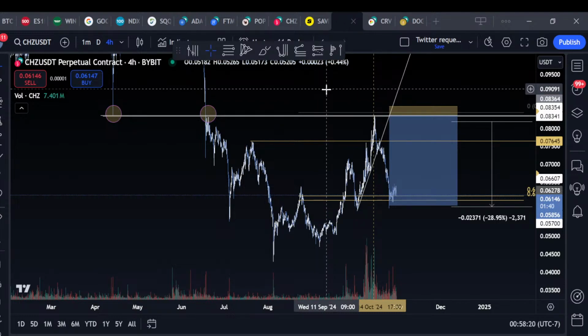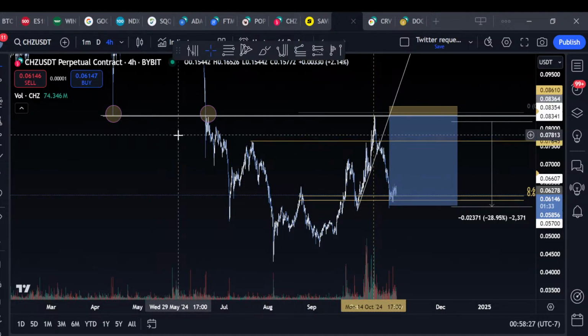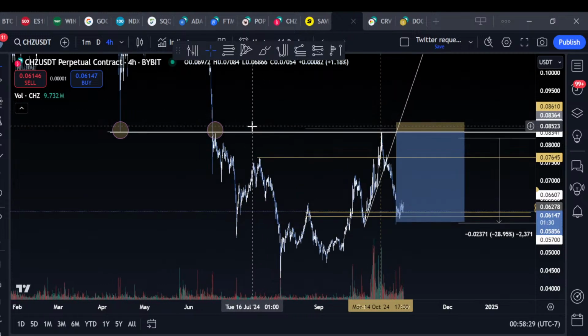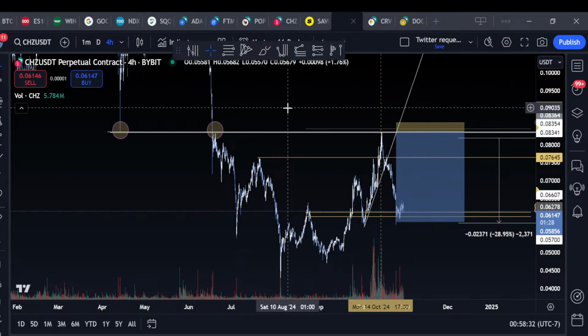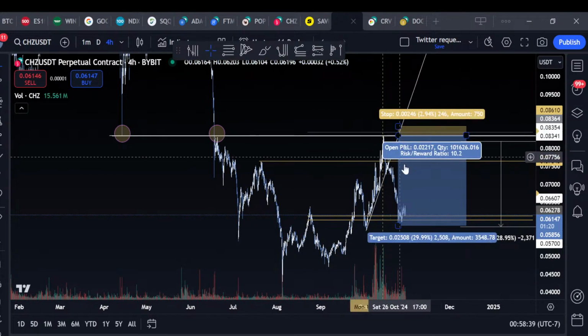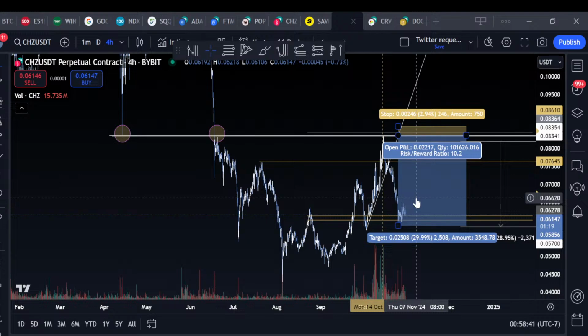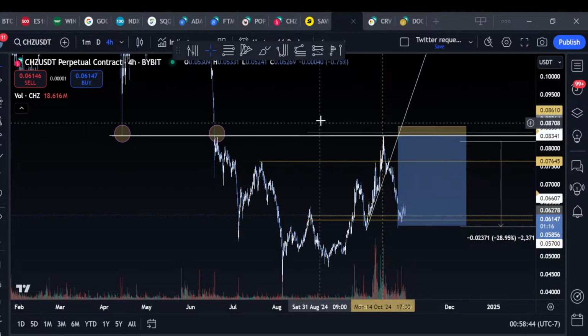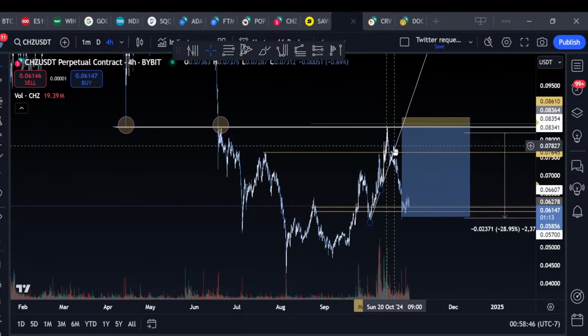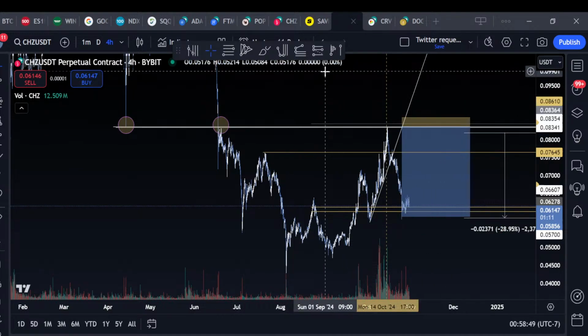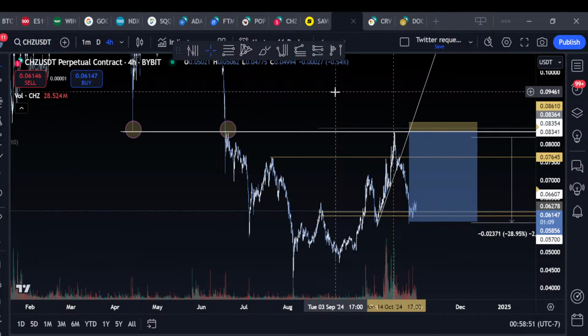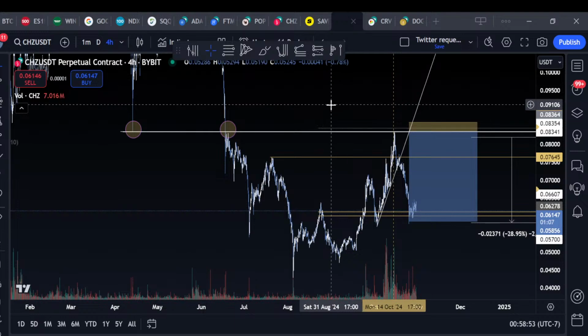But so people will have, say, a setup like this, but then they'll start thinking, I'm going to guess what Bitcoin's going to do, and I don't really care about the structure of this chart anymore. I'm just going to guess. I think Bitcoin's going to go up, and because Bitcoin goes up, CHZ is going to go up. And so I'm just going to close my CHZ short, or I'm going to get long on CHZ. And I don't think many people have that concept backtested in their trades.